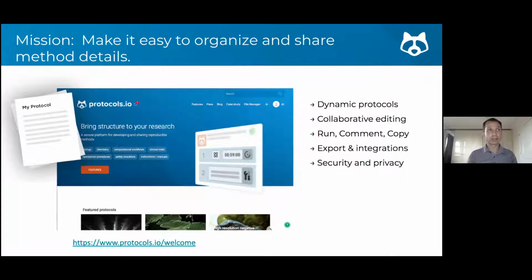We launched in 2014. And there are 2 sites. For some of you who already know Protocols.io, there are 2 sites. There's an open access repository, just like on GitHub, you have the open repositories. That site is free, open access, free to read, free to publish. And then there is the private side of Protocols.io, which is for internal collaboration within research groups and companies, both in academia and industry. And so this workshop will be focusing specifically on protocols for pharmaceuticals. So this will be the private side.